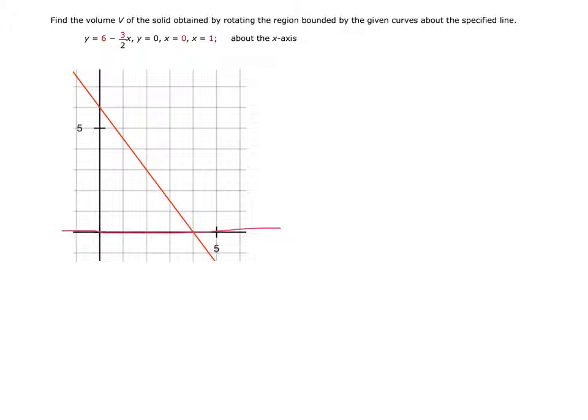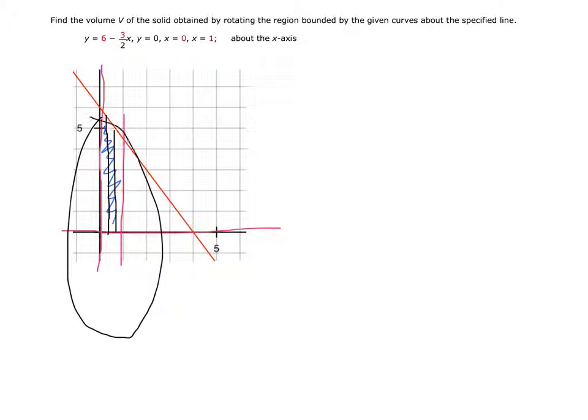The line x equals 0, which is the y-axis. And the line x equals 1, which is this vertical line. Now what we're supposed to do is take that region, so I'll shade that in blue, and rotate that around the x-axis. So when we do that, if we were to draw a little representative figure here, it'd come around